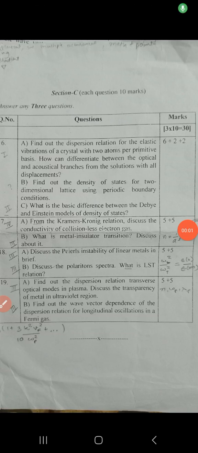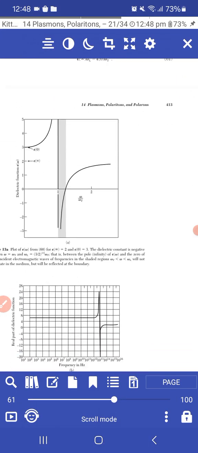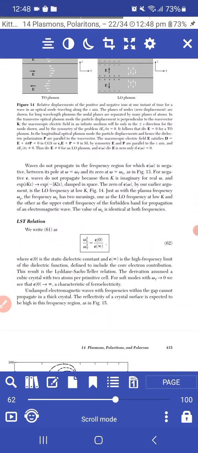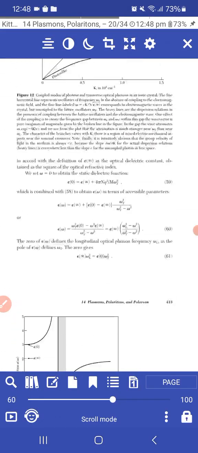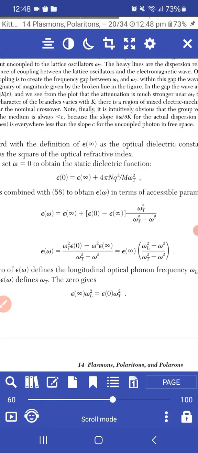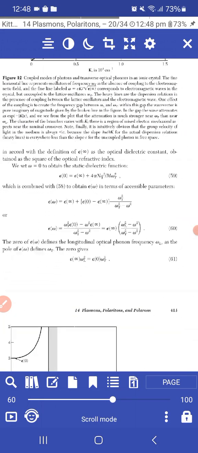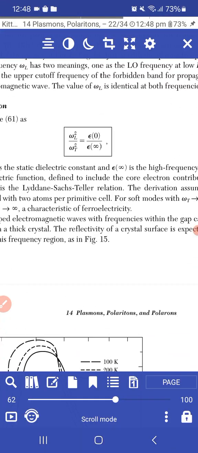The second part, what is the LST relation? So it might be of 2 or 3 marks, 2 marks maybe. We write equation 61 again. 60 is this, so we have to come to this equation. This is a rearrangement of this equation as the LST equation, which is omega L by omega T whole squared